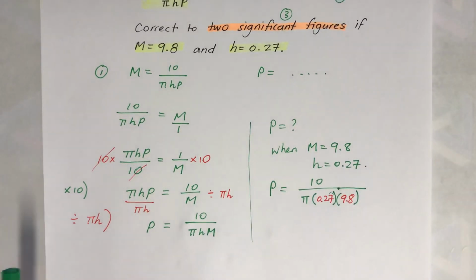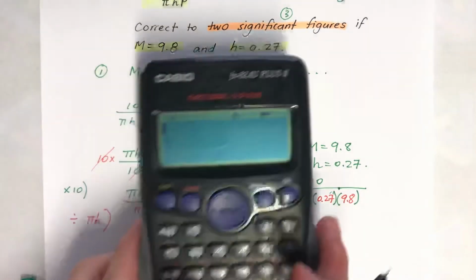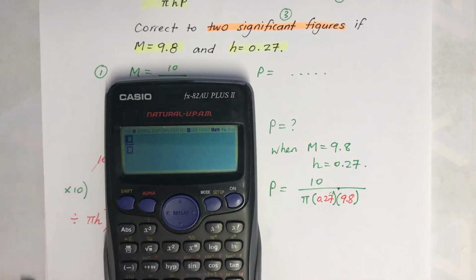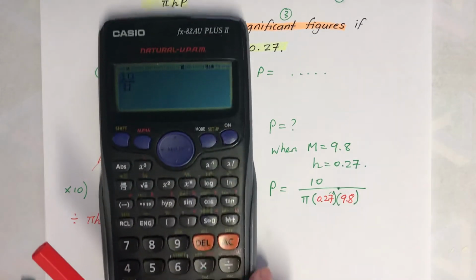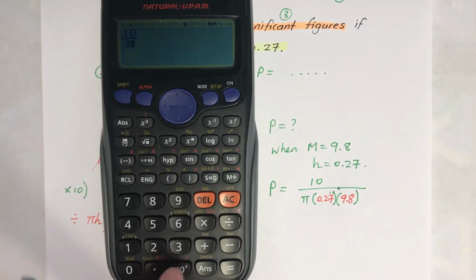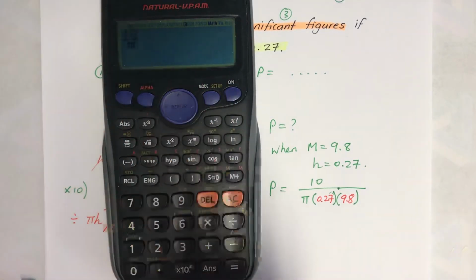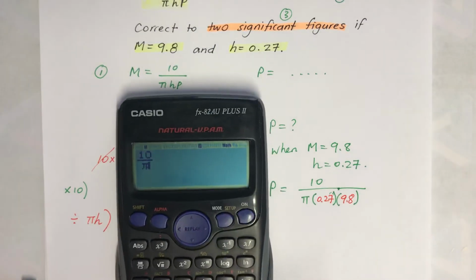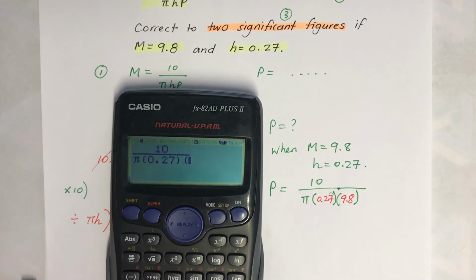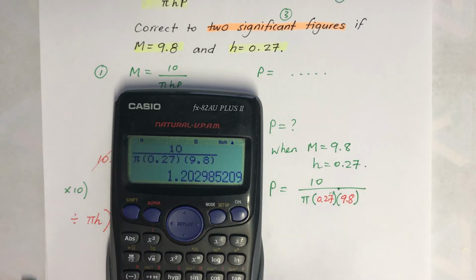And put it all in your calculator, just in case you didn't know what to do with the calculator. I'm just going to show you. So fraction 10 exactly. Make sure you put the shift pi there. Can you see that? Shift pi, and you will get the pi there. Hopefully you can see it. And then bring it down. Yes, that's better. And then I'm going to press bracket 0.27, then another bracket 9.8 and equals. So you've got